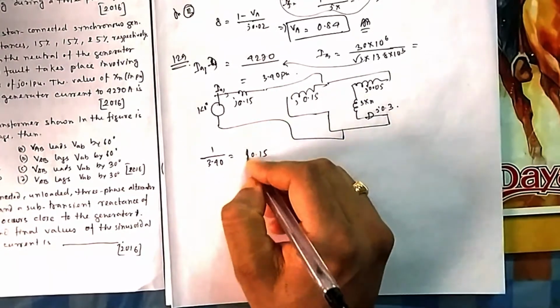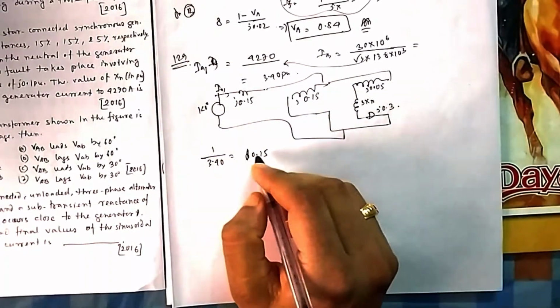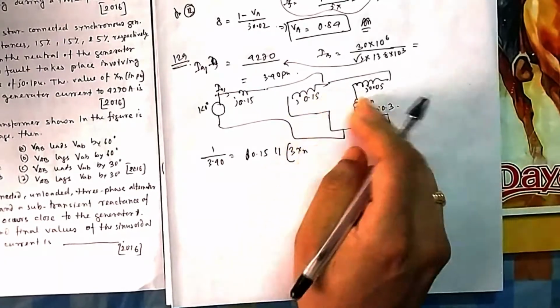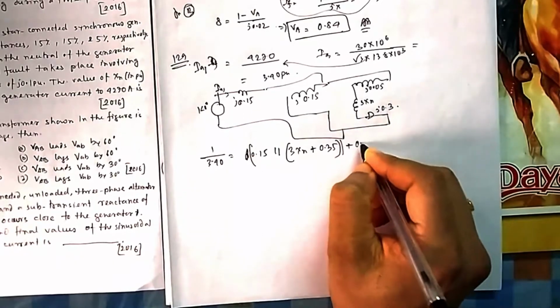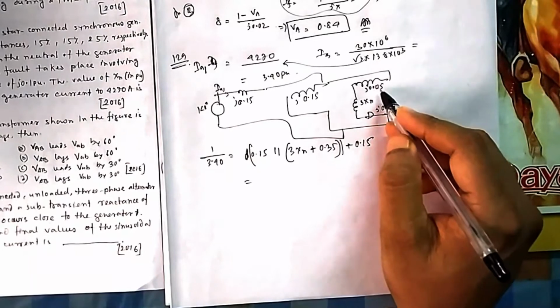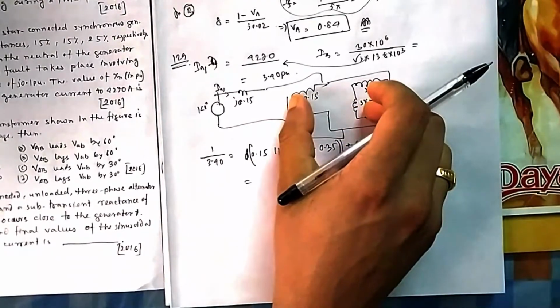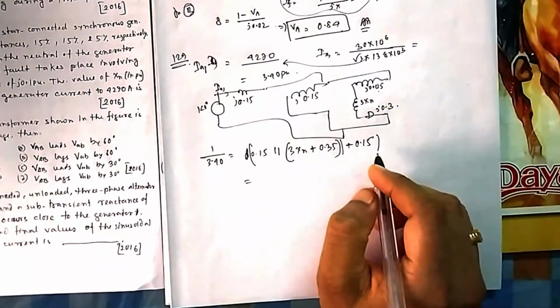J you forget, just think for magnitude because the angle does not matter here. So it is 0.15, that will be parallel with 3xn, this one we are doing, and this parallel combination is then added with 0.15. You can say 3xn plus 0.3 plus 0.35, 0.05. So it is 0.35, then 3xn. This is parallel with this, and the entire thing is in series with 0.15. So you can do this series-parallel combination.